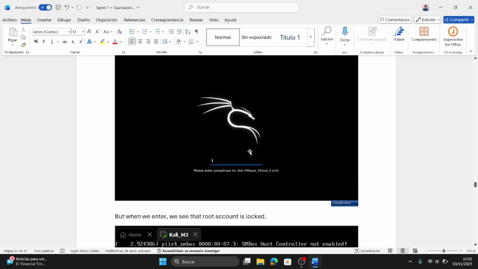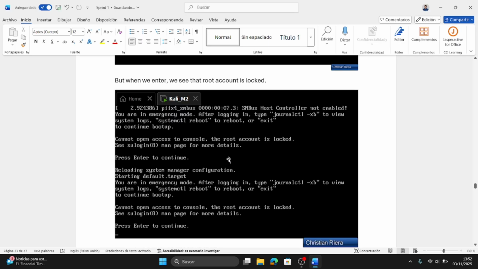But when I put the password, Kali Linux doesn't work well and opens the emergency mode, and we see that the root account is logged in, and in this screen we can do anything.